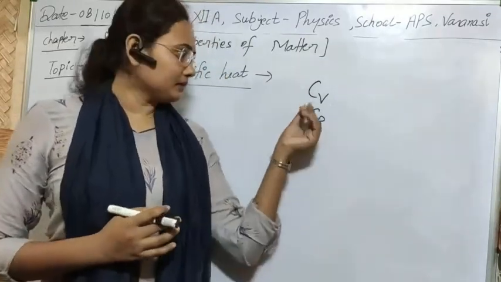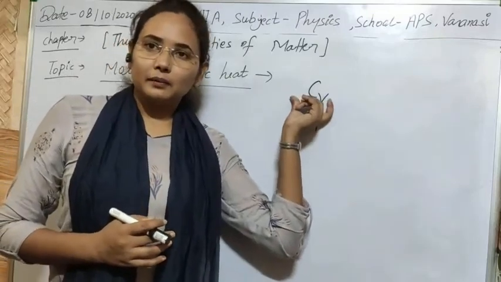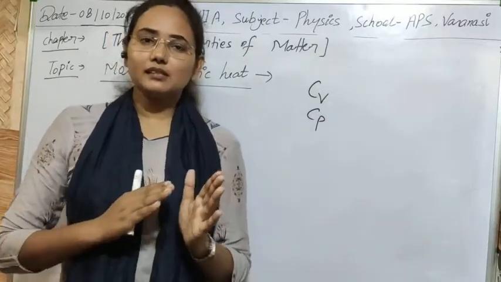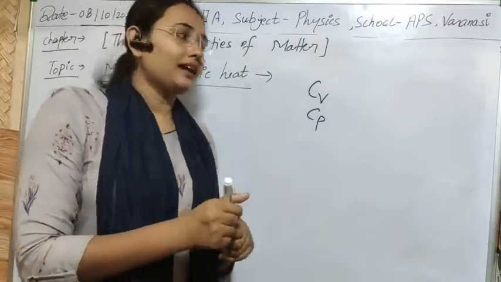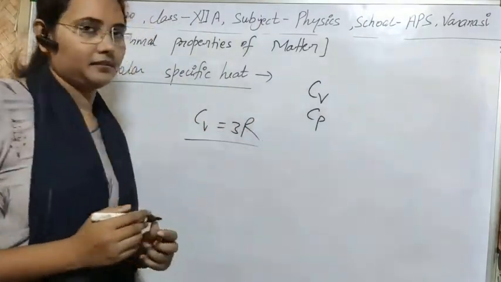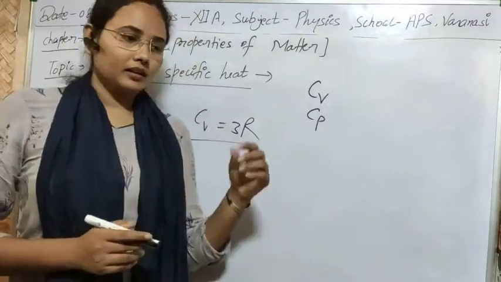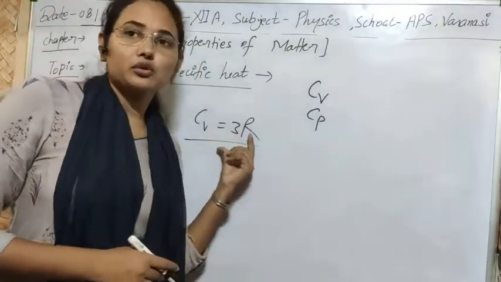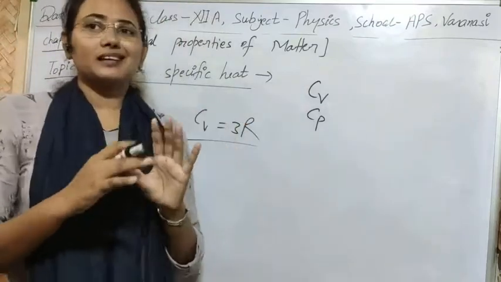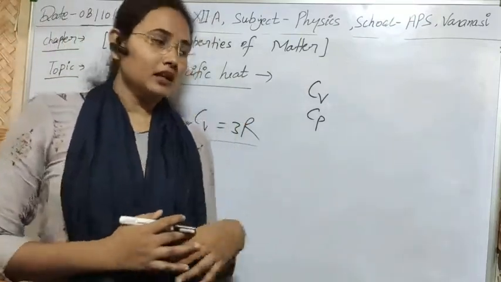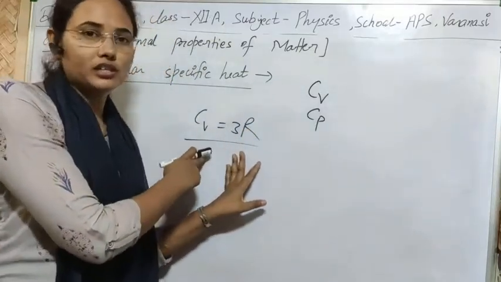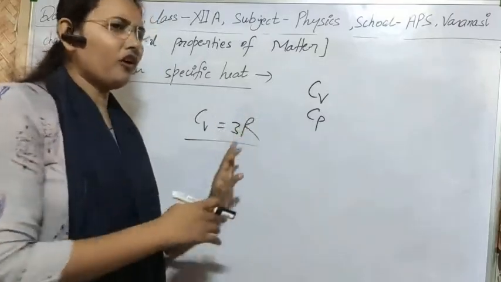First, the classical theory. In classical physics, scientists worked on that and obtained Cv equal to 3R for all substances. It's also known as Dulong-Petit's law. Actually, Dulong-Petit's law is known as the classical theory of specific heat. According to that, they obtained a formula for molar specific heat at constant volume, and its value is 3R for all temperatures.